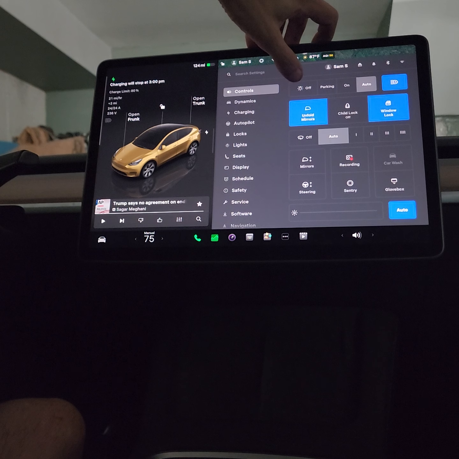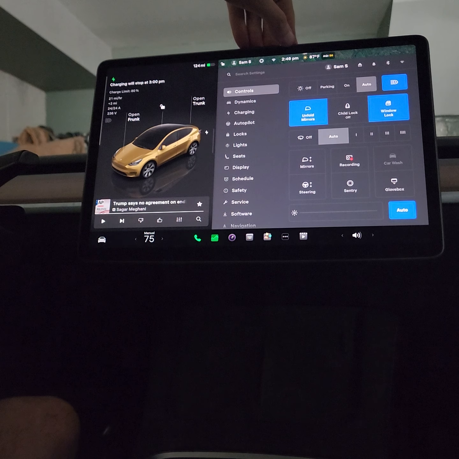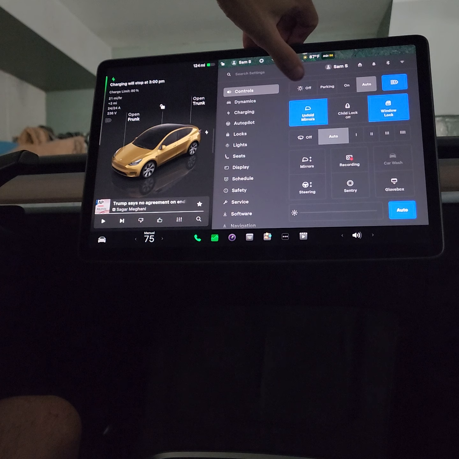The top is the light: off, parking, on, or auto. I use auto because I don't want to have to deal with turning lights on and off. Just let it take care of all that for me. Next is